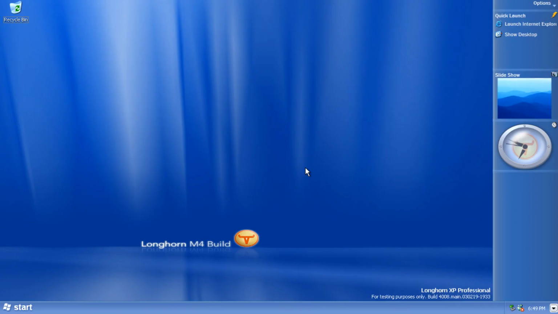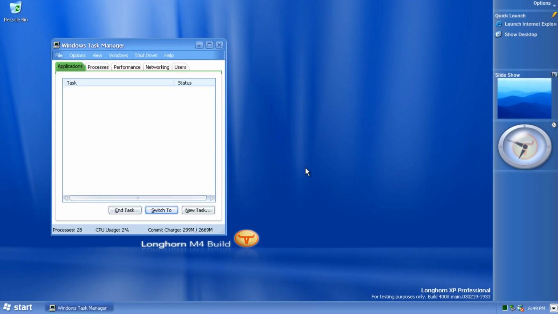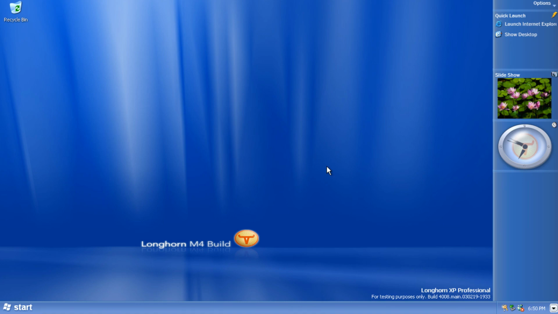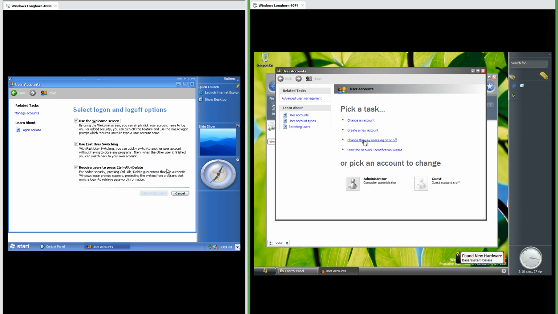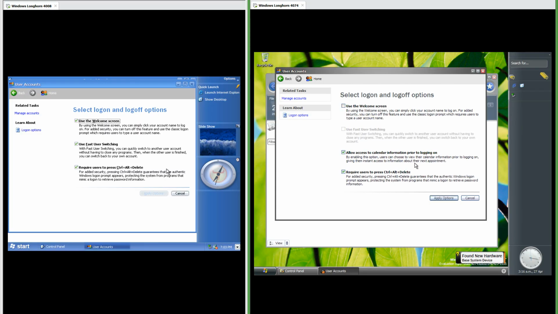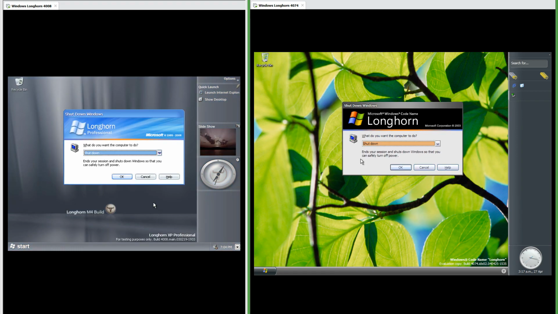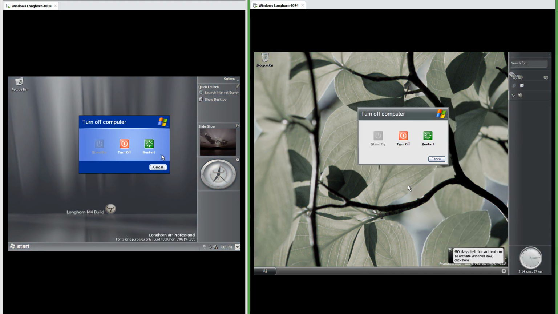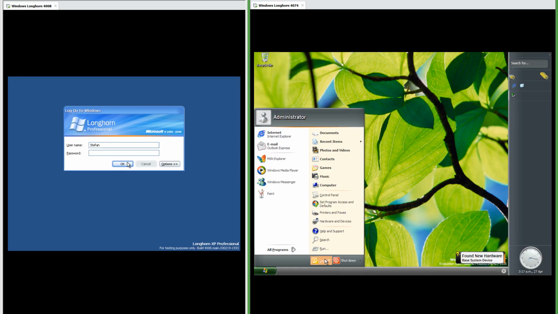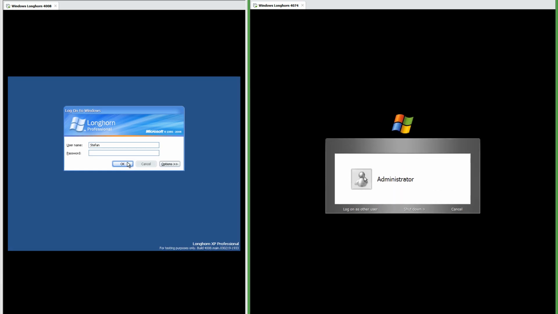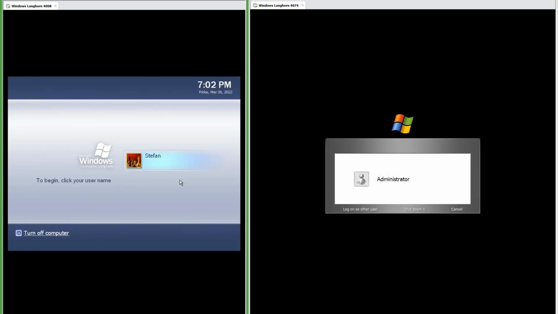If the welcome screen is enabled, Ctrl-Alt-Delete will open Task Manager, and if the welcome screen is disabled, Ctrl-Alt-Delete will bring up Windows Security, which is in a window. In 4047 there is also an option to disable the welcome screen, but all it changes is the shutdown dialog. Ctrl-Alt-Delete always brings up Windows Security, which is full screen, regardless of whether the welcome screen is enabled or disabled. And the login screen looks the same regardless of whether the welcome screen is enabled or disabled.